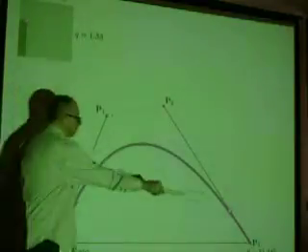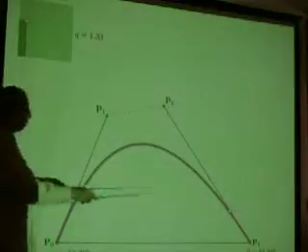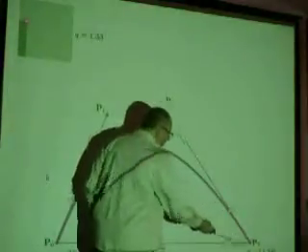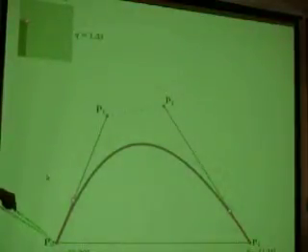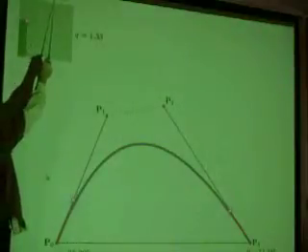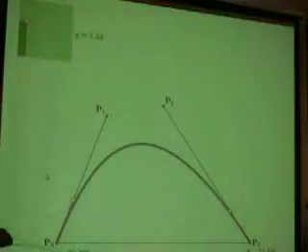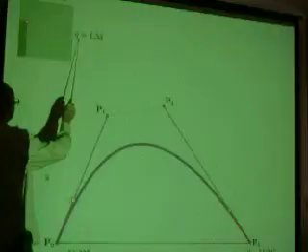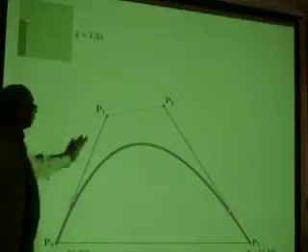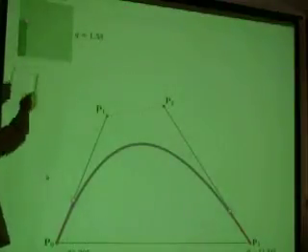We have a single Bézier arc with 2 angles that are defined by 2 points that show what is the angle. The angle is displayed here, alpha, and the second angle is displayed here. And the length of a segment P0 to P1, we define this length as 1, and P1, P2 we define as P, which is 0.5. That means that this segment is twice as short as the first one. And the length of P2, P3 is Q, so it is 1.33 of the length of the first segment, right? So this is the way how we can define the proportions of 3 segments, and the proportions are displayed here,